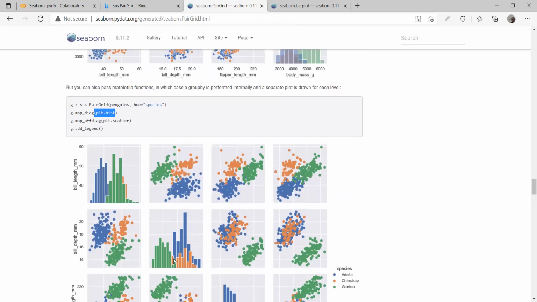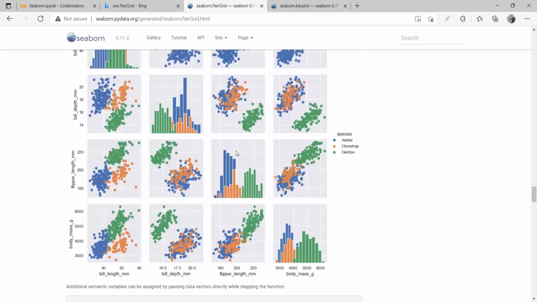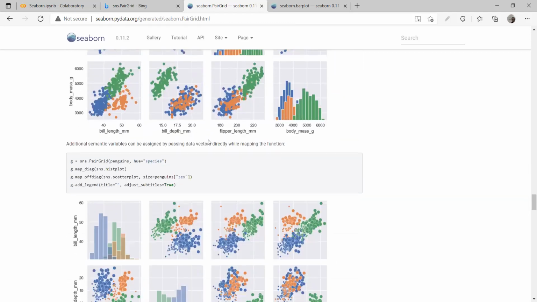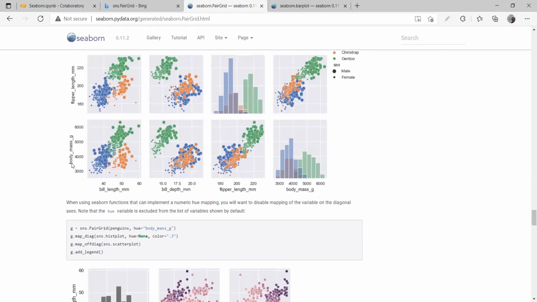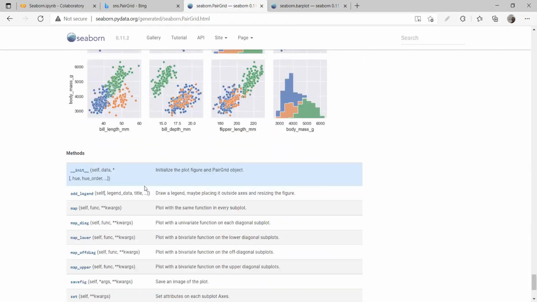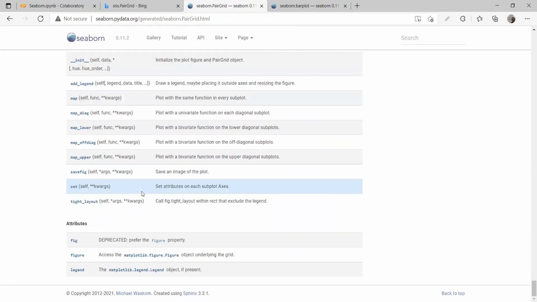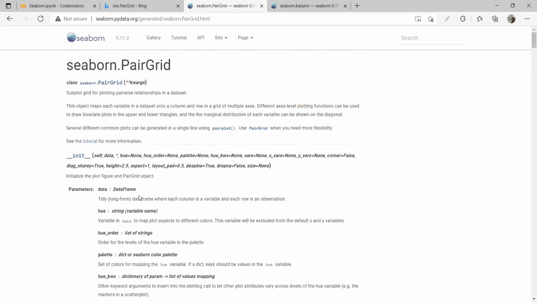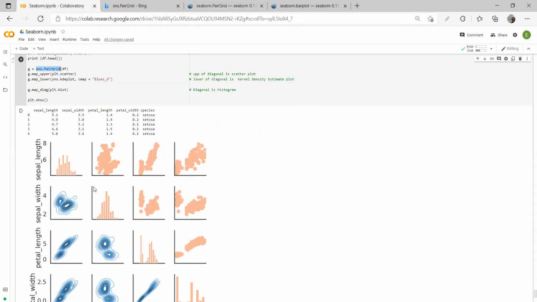Over here also you can see that a histogram is shown, right? But again, it doesn't make sense showing the same thing on both sides. So you can just play with it. The more you read the documentation, at least you know that these are the different things that are possible, right?